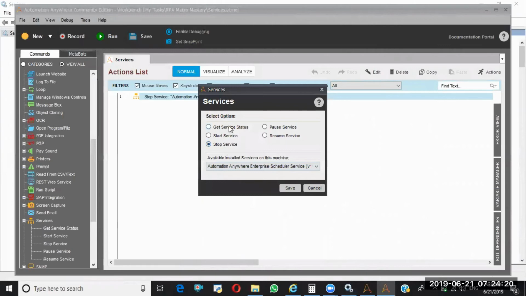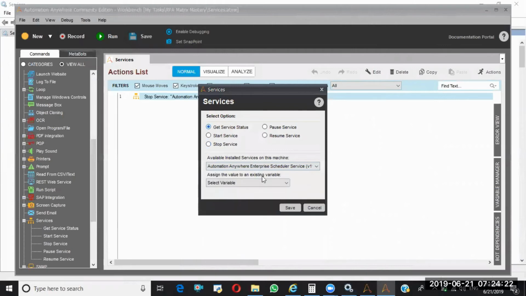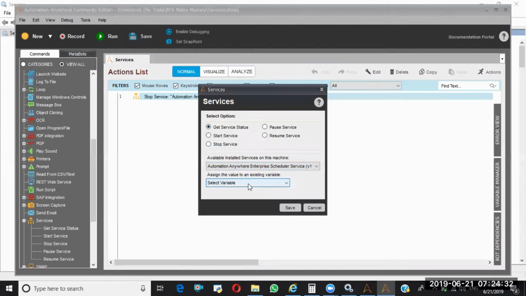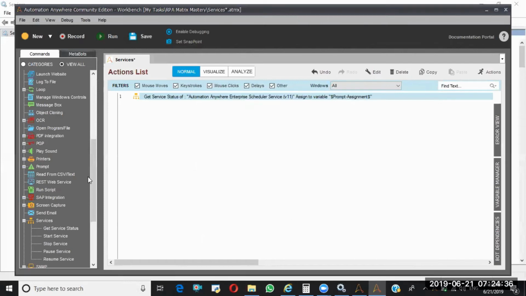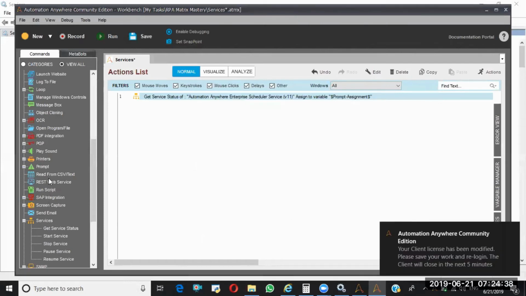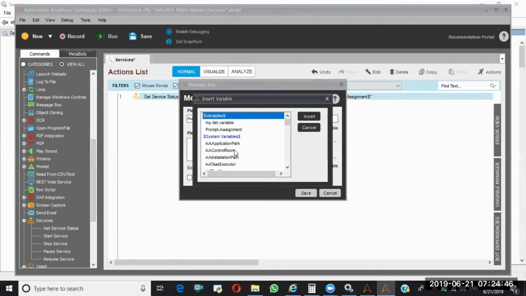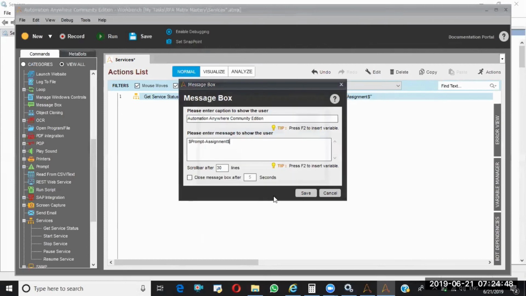But here you can also know the status of the service. Here I want to know the status of this particular service, the Automation Anywhere Enterprise Schedule service. So I'm assigning the status to a prompt assignment. Save. And now I'm taking a message box, giving F2 prompt assignment.